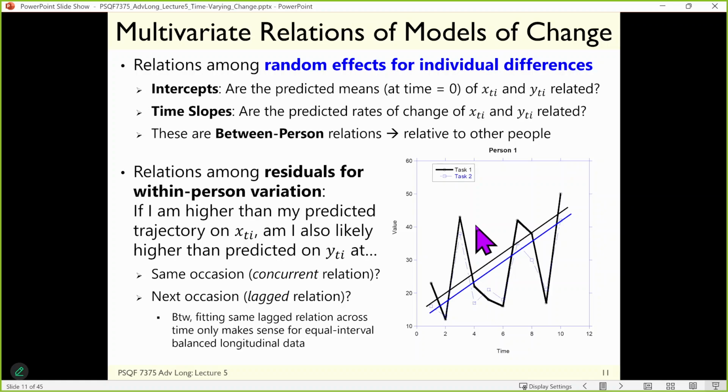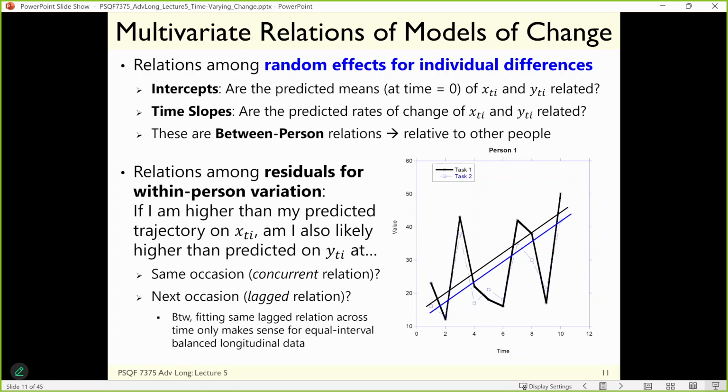But the point of this picture is to say, hey, look what happened at time 3. They're way off their trajectory in one outcome, and look, they're also way off in the other. Like, whatever is happening at that occasion is some kind of process that's affecting both outcomes at the same time,